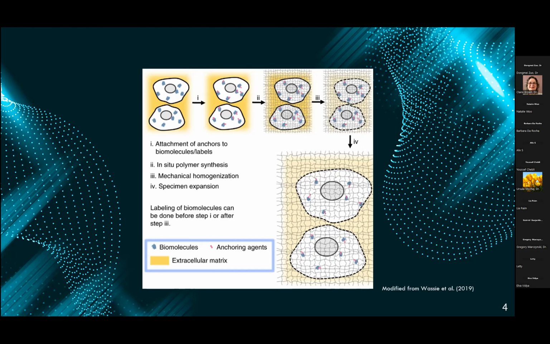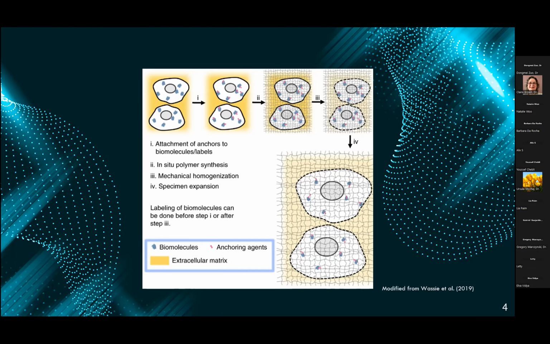And so here in the pink are the anchoring agents, and then the biomolecules are what you're interested in. And then you do a polymer synthesis. So that's the next step here, where you're synthesizing this polymer network to hold all of the structures of interest together. And then you do a mechanical homogenization, also known as a digestion step, where you pretty much get rid of all the tissue or cell structures that you're not interested in. And then doing this well will allow you to use the water to